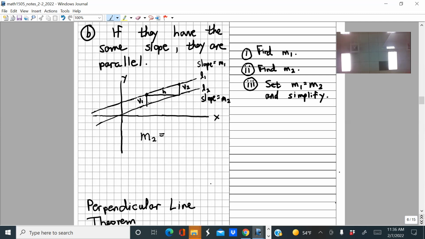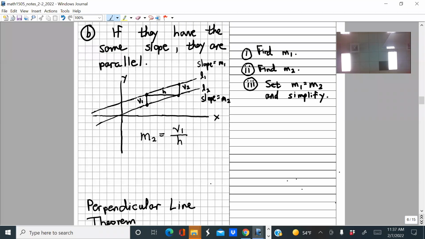If you think of connecting these two points on the bottom line, what's the rise between those two points? Isn't it this line? What's that length? V1, right? So the rise is V1, and what's the run? If you go from this point to this point, what's the horizontal distance? H, right? So you know the slope of the bottom line is